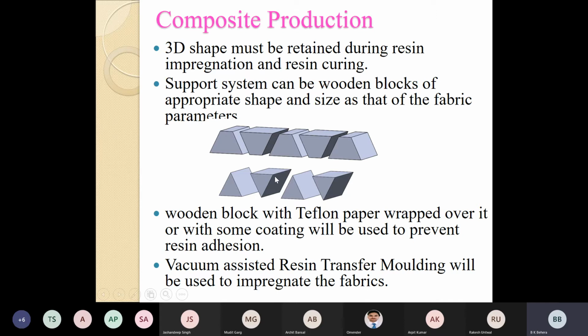These are cross sections of different molds. It could be a wooden mold, it could be a metallic mold. Those molds are to be inserted through the fabric. Then the fabric along with the mold, the whole thing is to be kept in a vacuum assisted resin transfer molding system, where resin will be impregnated into the fabric to make them composite material. Okay, so that is a part of composite production, but composite production is not part of your syllabus. It is only fabric production.